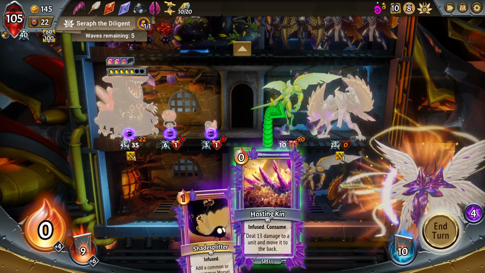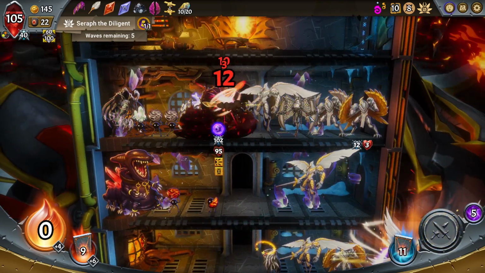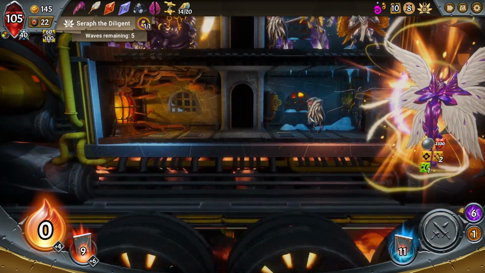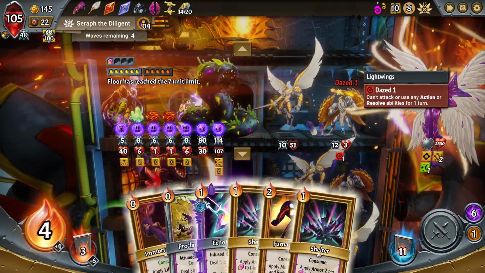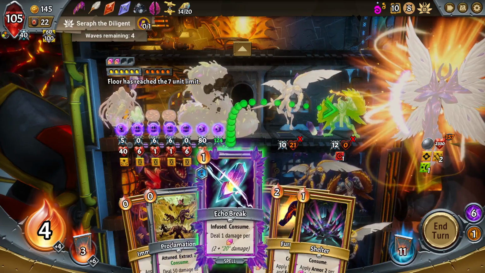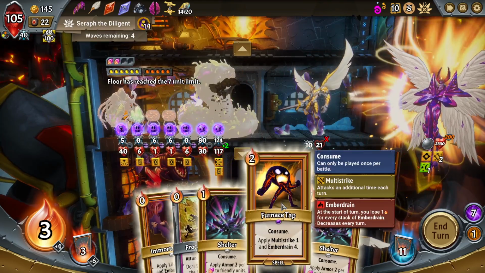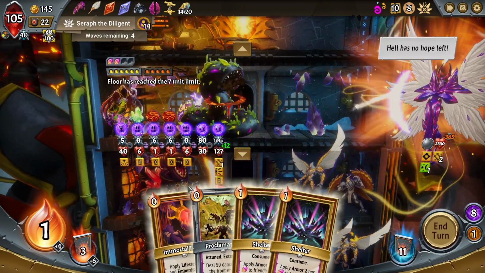If we do this, that's a nice play. Big boy, are you ready to consume? Because I have a lot of juicy consumption targets for you coming up. Okay, so this can go. We want to give this guy the multi-strike now. And then...